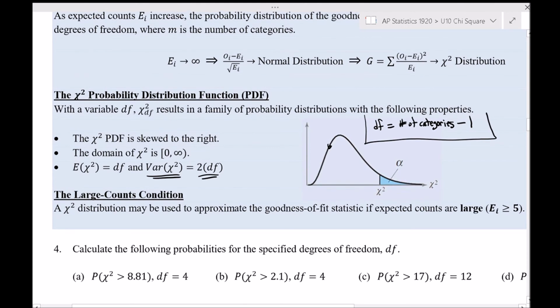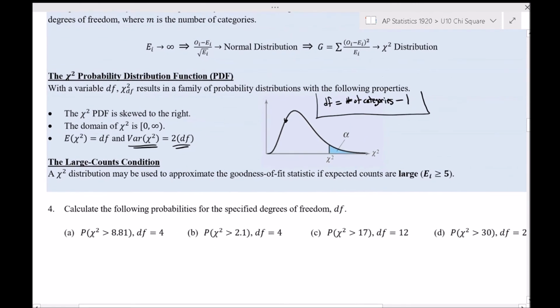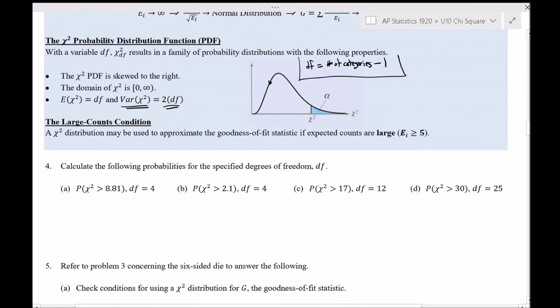Not the sample size minus 1, like for sample mean testing. This is the number of categories minus 1. Okay, so we'll practice using the calculator for something like this. Calculate the following probabilities for the specified degrees of freedom. We have 4 degrees of freedom for letter A, and this chi-square area. So for something like this, we want chi-square CDF,